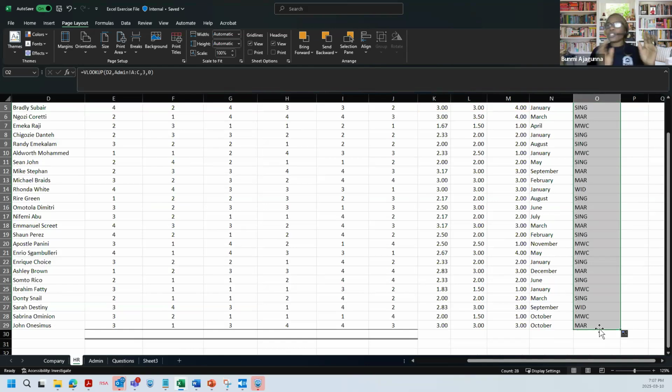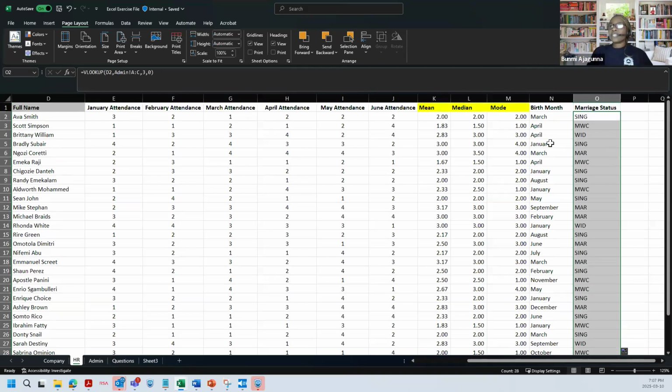XLOOKUP will help you look at the horizontal and the vertical, if you get what I mean, and it will bring up what you want. So you don't have to say VLOOKUP A to B and then bring second column. For XLOOKUP, it will be XLOOKUP this in A, bring B, otherwise error. And we're going to do that now. So that's a very good question. So we have the VLOOKUP now.